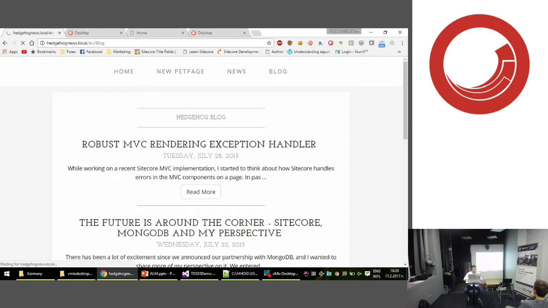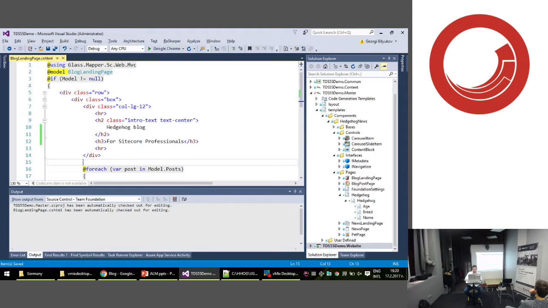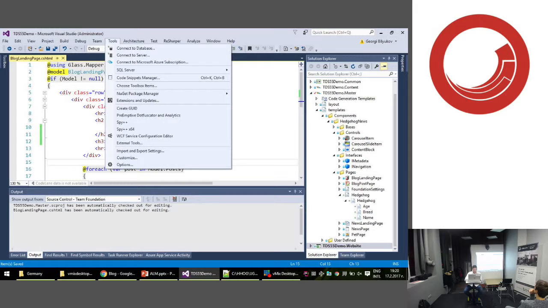If I go here, you can see that it's not really beautiful, but it works out pretty well. As you see, my site reloaded instantly. That means that my application pool hasn't been recycled, and I'm able to continue modifying my views. Really cool. Okay. So in order to get this working, you should go again in Tools, Options,